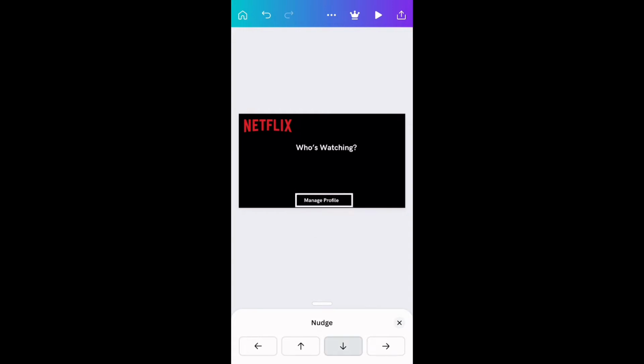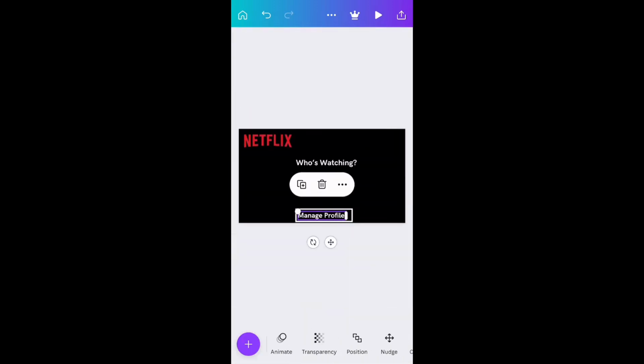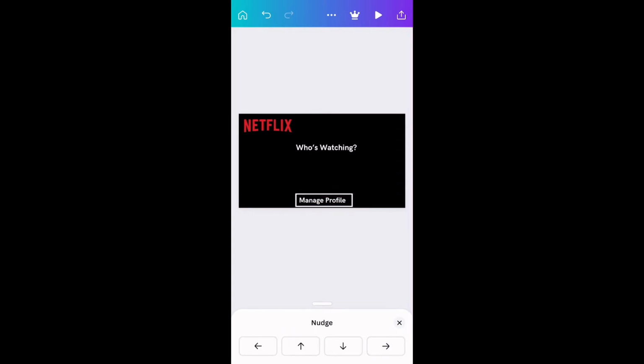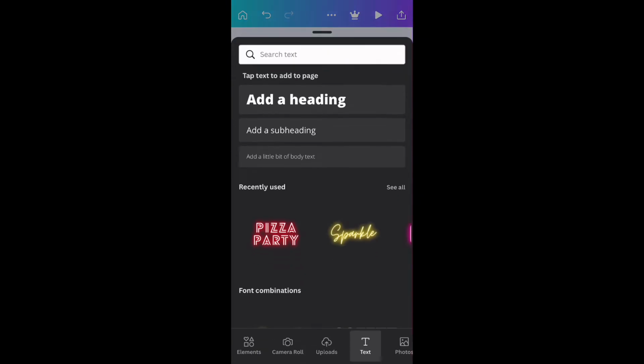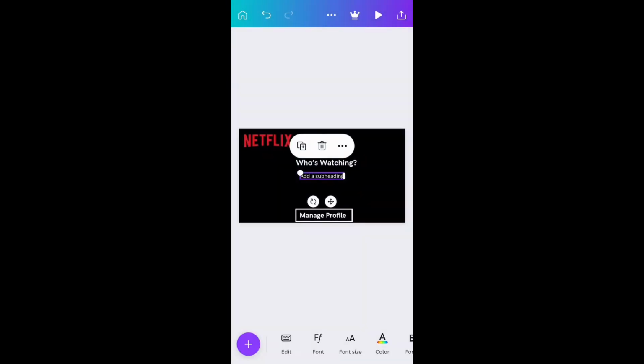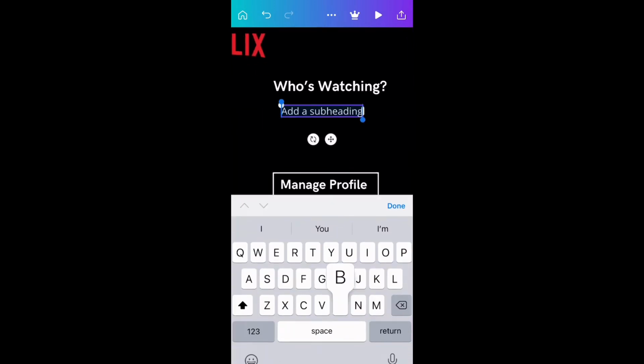So once I get the box straight, I go make the words a little bit bigger. And then once I get it to my desired size, I move it to the center of the box, just like that. Now this is me adding different words like vlog, lifestyle,